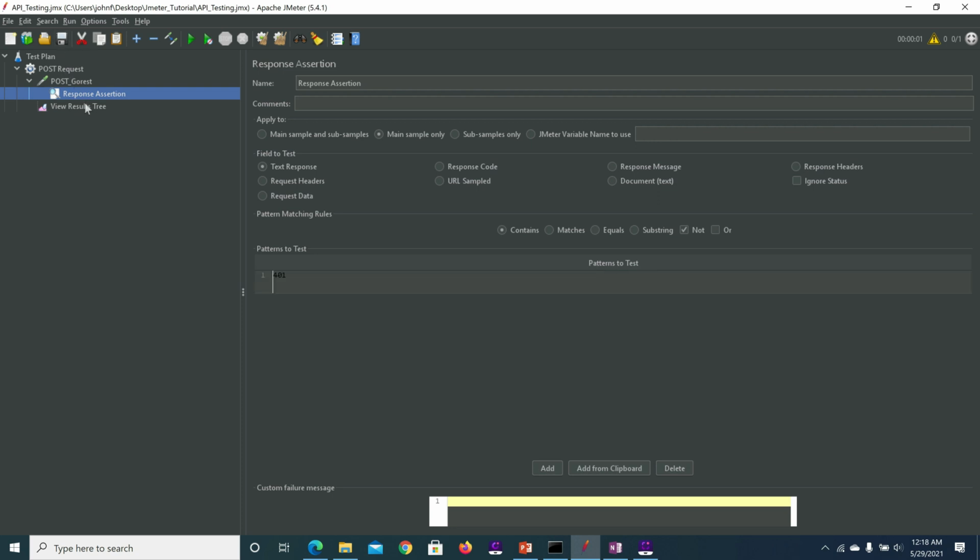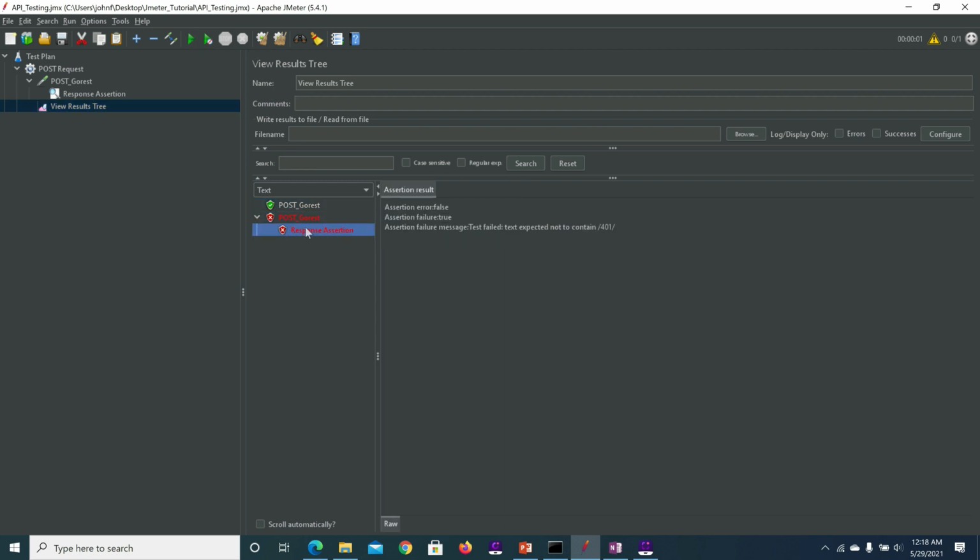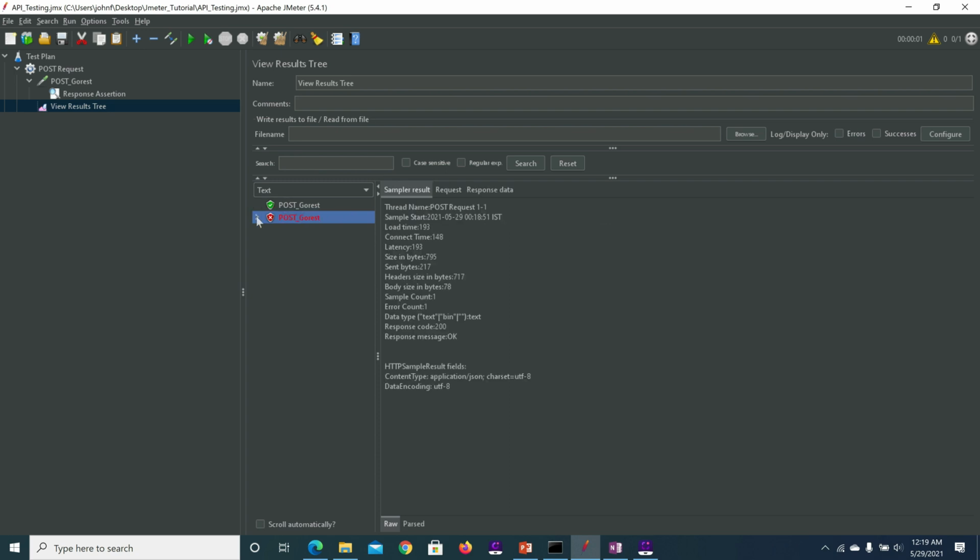Saving the test plan, executing the test now. Now it will fail. Yes, because of the assertion, the condition we have made. Text expected not to contain 401. While building the test plan itself, we have to make everything proper so that at the end we will get clear data.